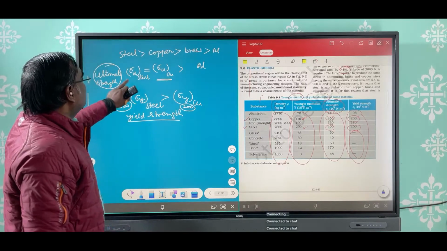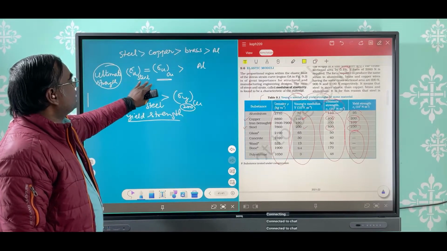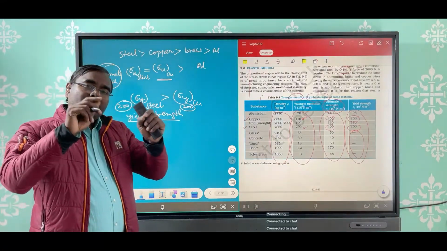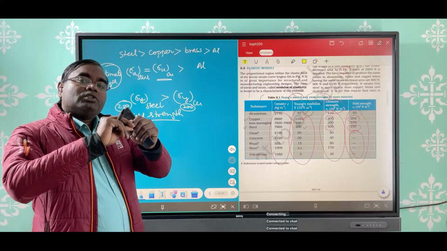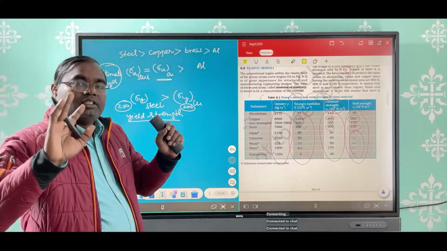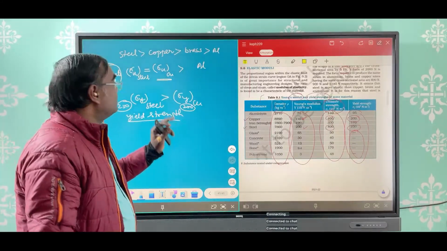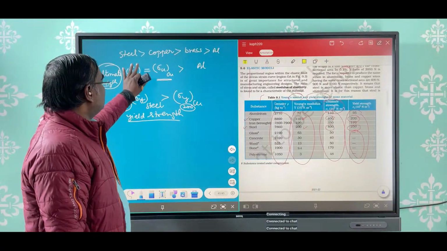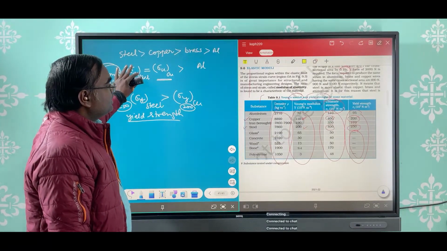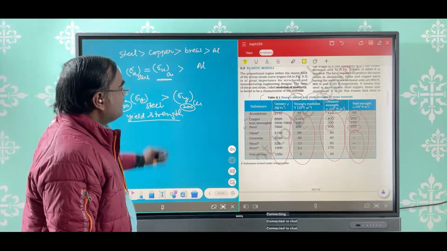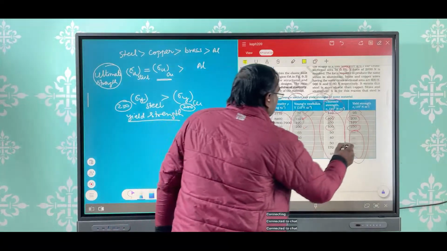और अल्टीमेट स्ट्रेंथ कॉपर और स्टील का सेम होता है, मतलब सेम अमाउंट ऑफ स्ट्रेस के लिए दोनों फ्रैक्चर होते हैं, ठीक है, अलग नहीं है। तो इसलिए दोनों को हम इक्वल ही इस्तेमाल कर लेते हैं। अब हमारे पास क्या डेटा आ गया, ये आप देखिए,